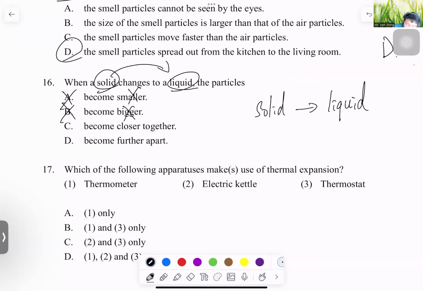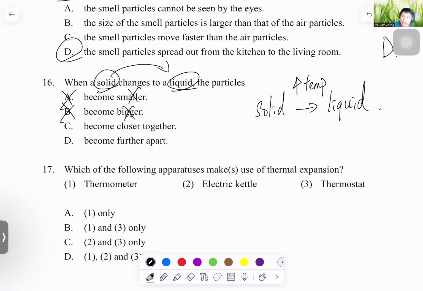We need to increase the temperature so that the solid will turn into liquid. For example, the ice, why will it melt at room temperature? Because it has a higher temperature. So therefore, the ice will change into water, due to it having a higher temperature, or it receives thermal